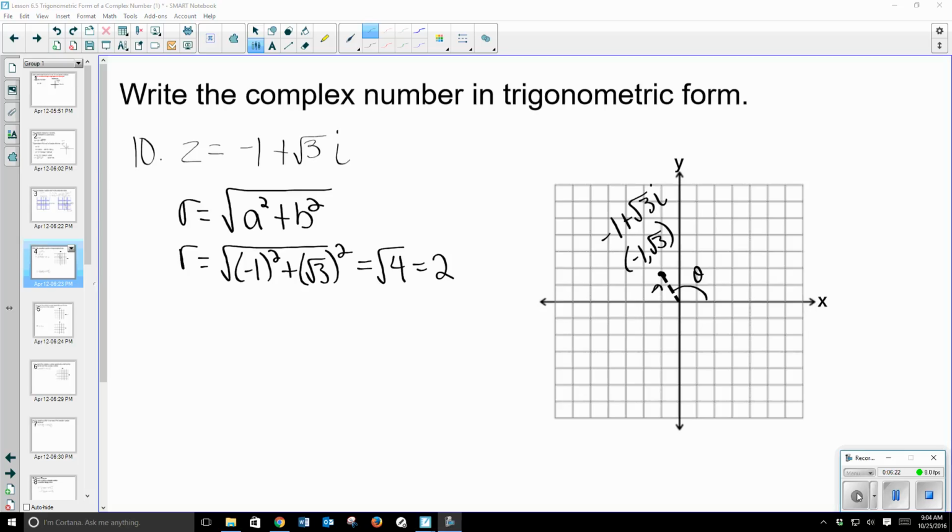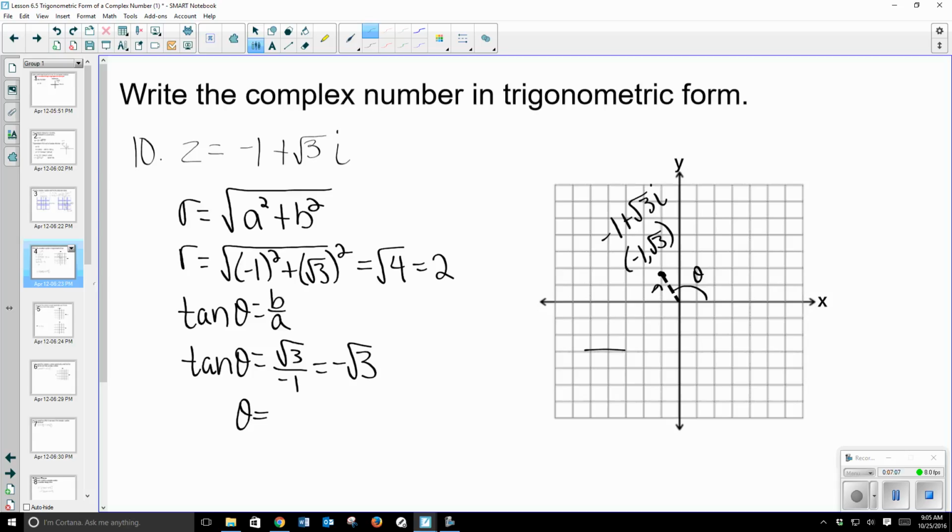To find theta, tangent of theta is equal to b over a. So tangent of theta is equal to root 3 over -1, which is negative root 3. Tangent of theta is negative root 3 in two places, but since we have a visual here, you have to know where that point is, and it's in the second quadrant, so that's how you get your angle. It's 120 degrees, or